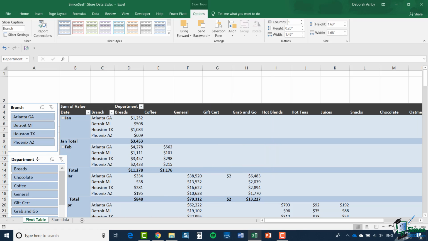And we'll pop the other one in underneath and do the same thing. We'll just resize that in, so you can sort of adjust them so that they fit nicely next to your pivot table. Now you'll also note that if I click on one of the slicers, I get the Slicer Tools contextual ribbon